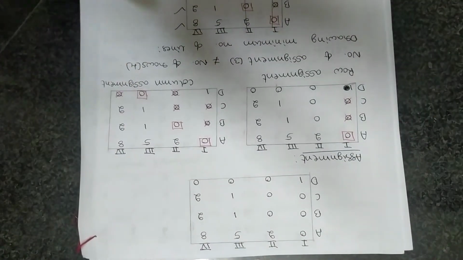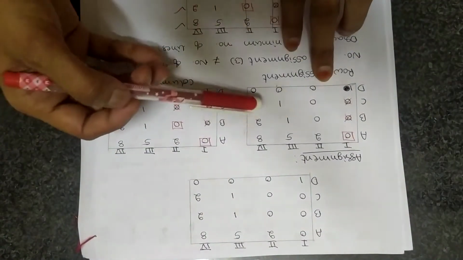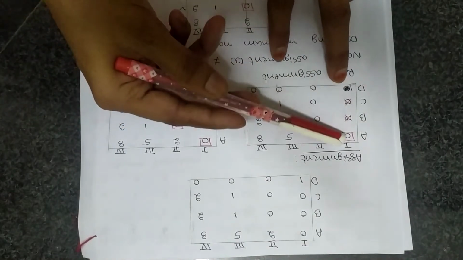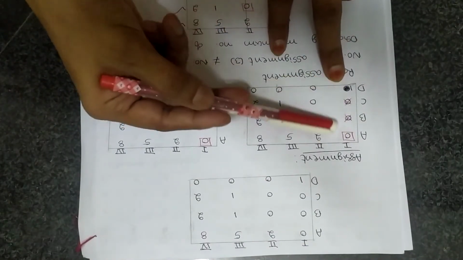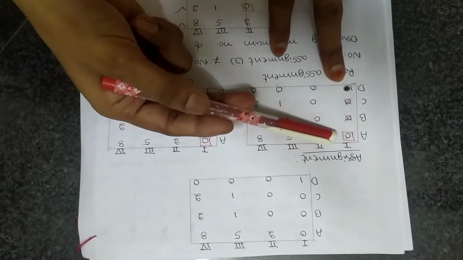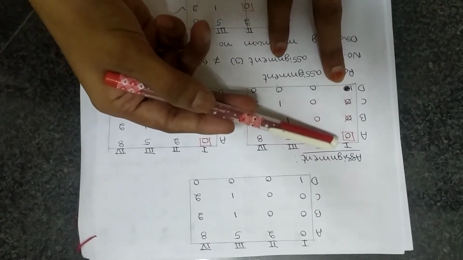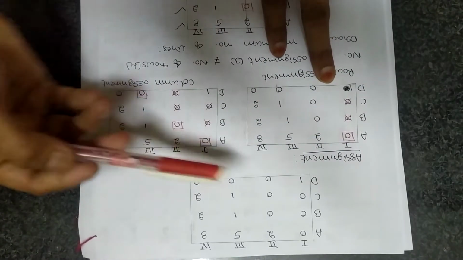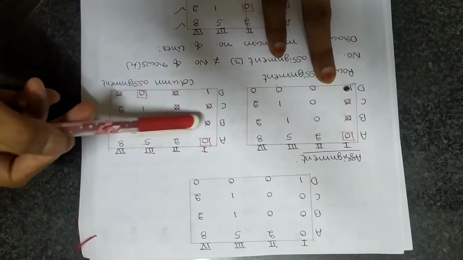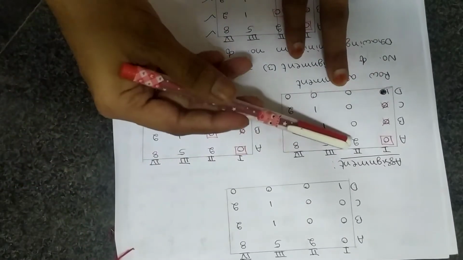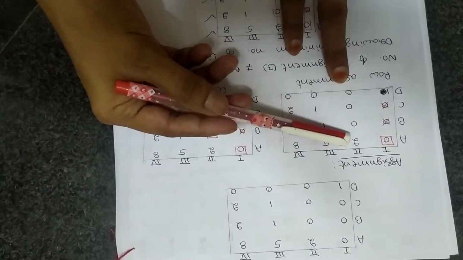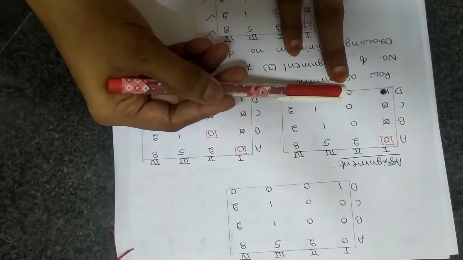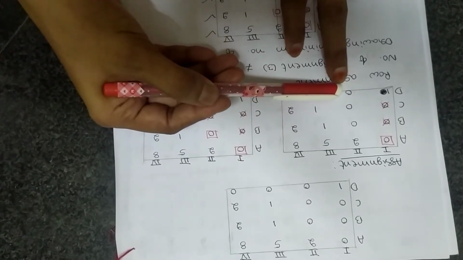Now let us move to the column assignment. For the column assignment, the basic matrix is this one. First column that we'll check: is there any zero in this column which is not crossed and not assigned? No, there is no such zero present, so we don't make any assignment. Instead we'll copy the same data here. Now in the second column we have three zeros, so there is no single zero, and we won't make any assignment here.